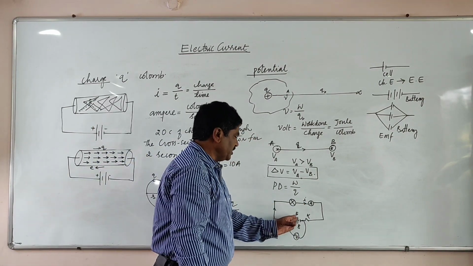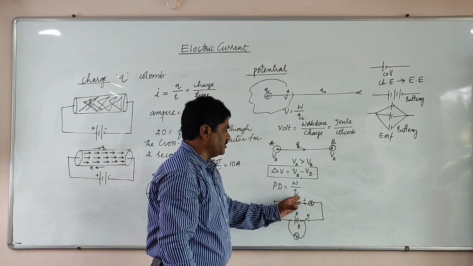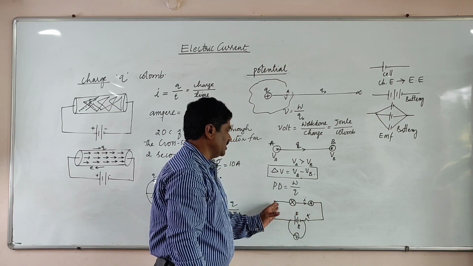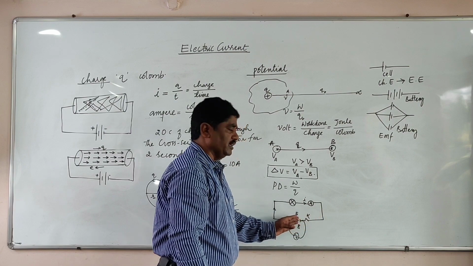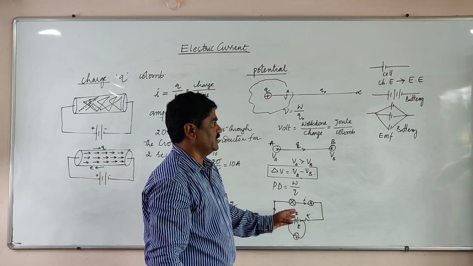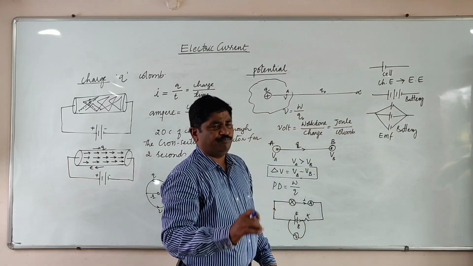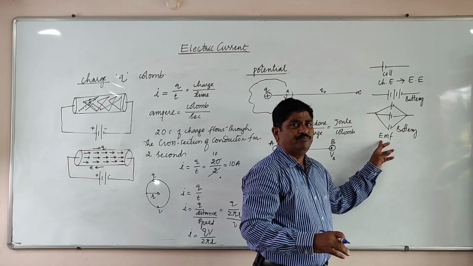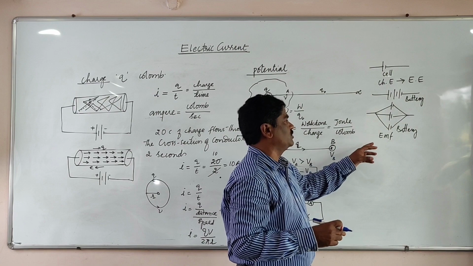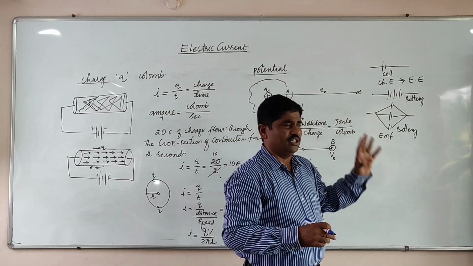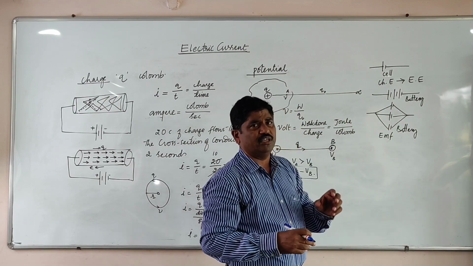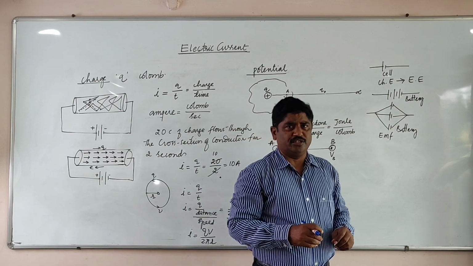Because this drives the electrons into the circuit, the potential gradually drops and again it refills, continuously. That is why when the cell is not connected to anything, that is the EMF. If the cell is connected to a closed circuit, that becomes the potential difference. That is the main difference between EMF and potential.